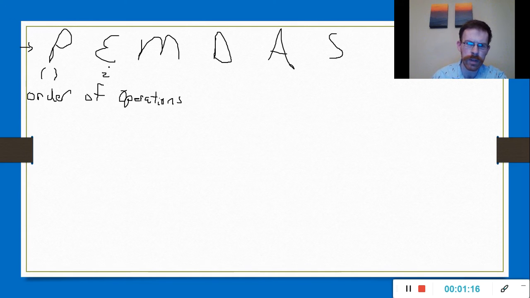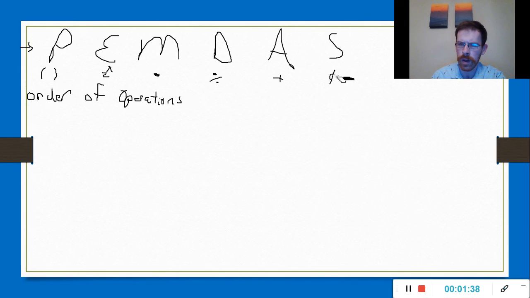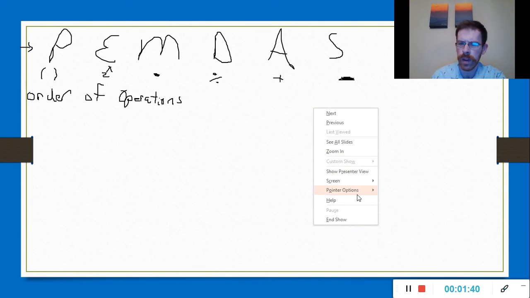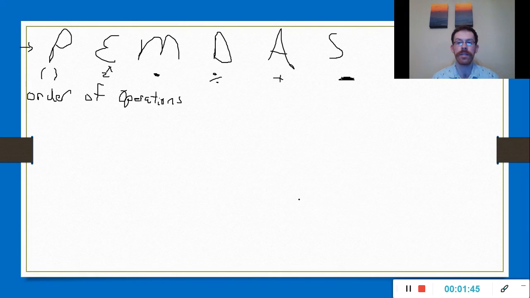Parentheses, exponents, multiplication, division, addition, and subtraction, in that order. And so, if we understand that we need to do these things in this specific order, it makes it easier for us to understand certain things like, I don't know,